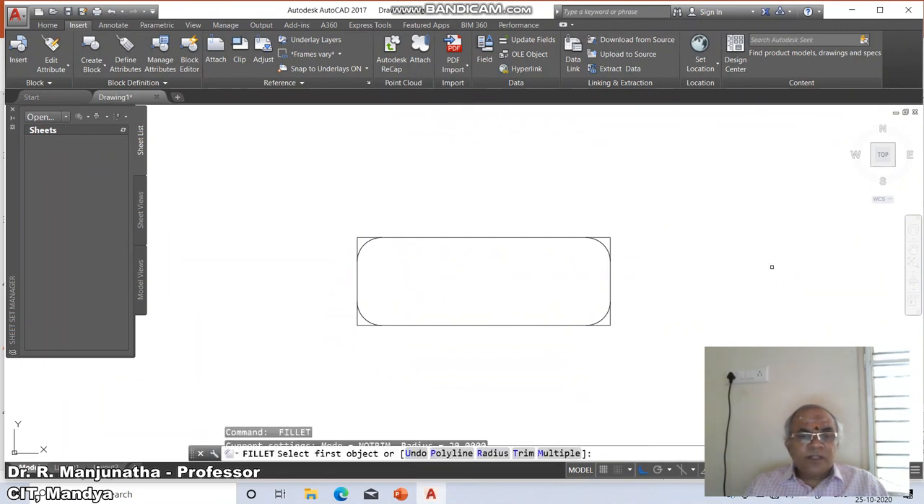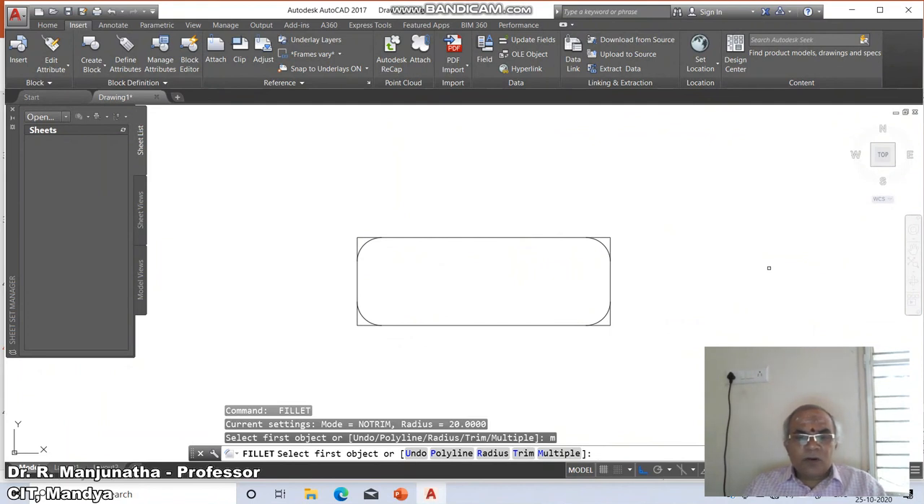And then similarly we can use the multiple option also. For the multiple option, by default it will always be the multiple option itself. So you need not worry about using this particular option. So this is how you will be able to use the fillet command most effectively in the drawing. And also many times we will use this particular option frequently in your constructions of the